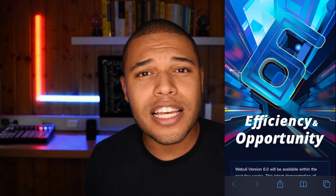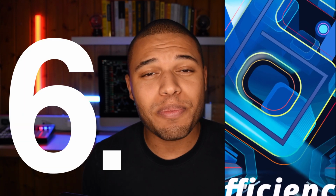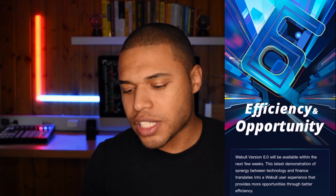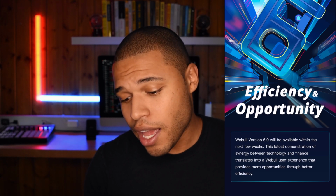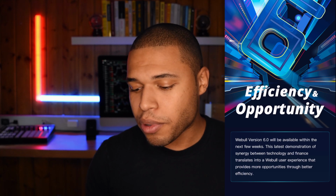The first thing that you see is a colorful, retro-looking sticks, for obvious reasons, because this is version 6.0. Just below that you'll see efficiency and opportunity. Webull version 6.0 will be available within the next few weeks. This latest demonstration of synergy between technology and finance translates into a Webull user experience that provides more opportunities through